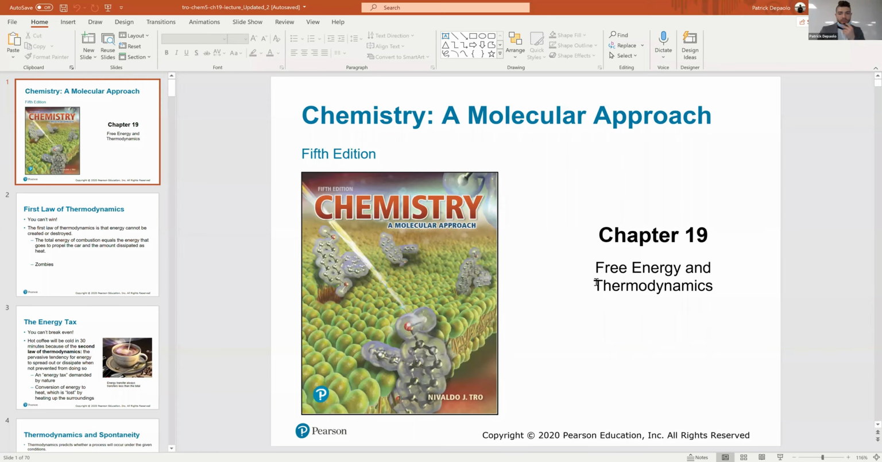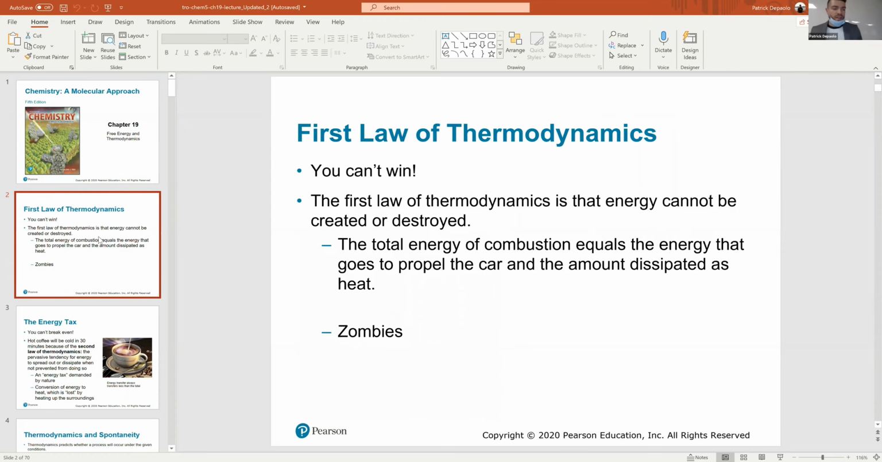Right, so today we're going to be going over chapter 19 about free energy thermodynamics. There's a lot to go over. We're going to learn about all three laws of thermodynamics and go into a bit of detail about energy transfer and a lot of cool stuff. We started a little bit two weeks ago, but just to refresh your memory,